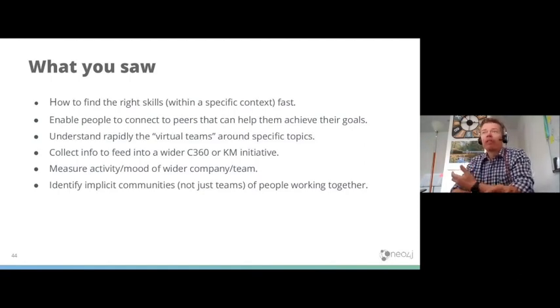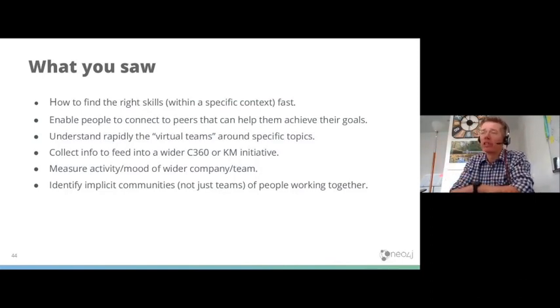Understand what the virtual teams are. I think the demo has also shown a little bit how we can collect more info that could be relevant for a wider customer 360 initiative, or a knowledge management initiative. I'll talk again about it in a second.